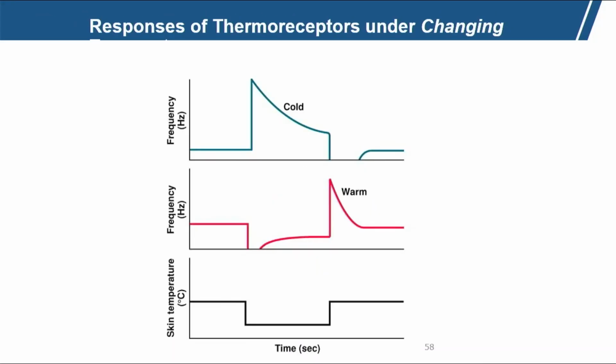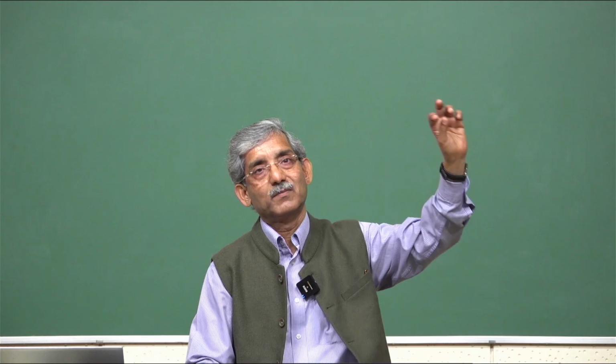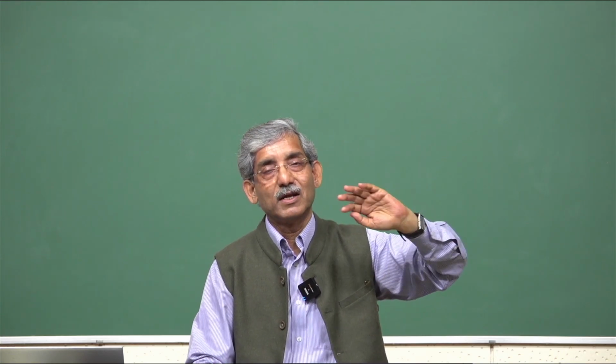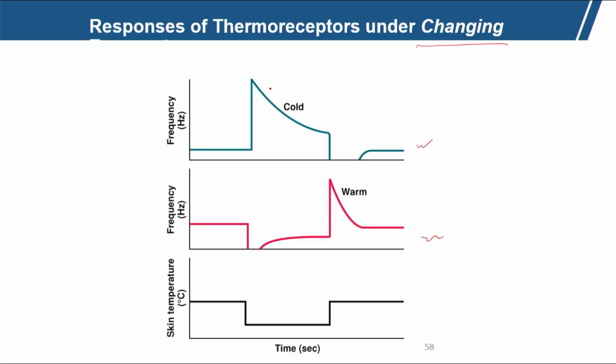Now, this plot gives the sensation of our sensors. This is the cold sensor and this is the warm sensor. So, this is the response of the sensors after a sudden change in environment. Suppose someone is coming from a warm room and going outside into a cold environment where it is snowing and very cold. Initially, the cold sensor sensitivity will increase immediately.